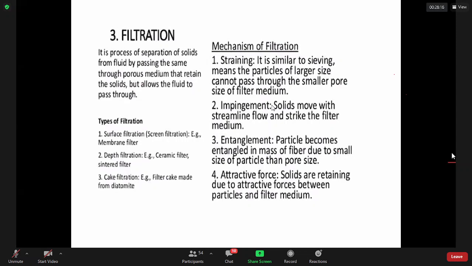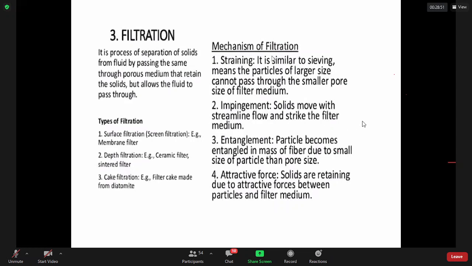So types of filtration, we have surface filtration, we have deep filtration, and examples are given. Then we have cake filtration, and examples are given. So the mechanism of filtration is given here,